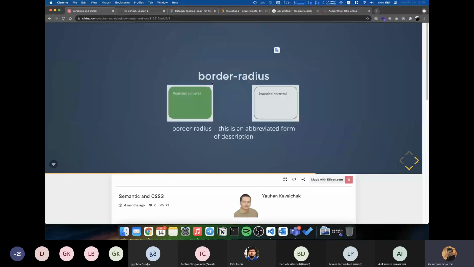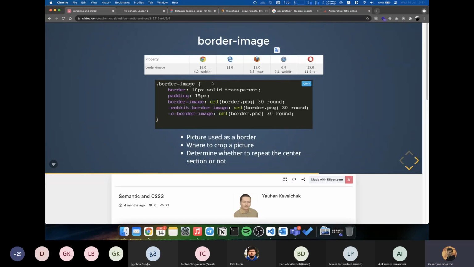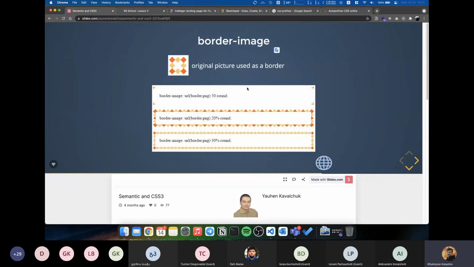And the next thing, border image: you can put some kind of images to the border. So here's an example. I will not show you from my example. You can attach any kind of images to your border, but it was more in old styles to use